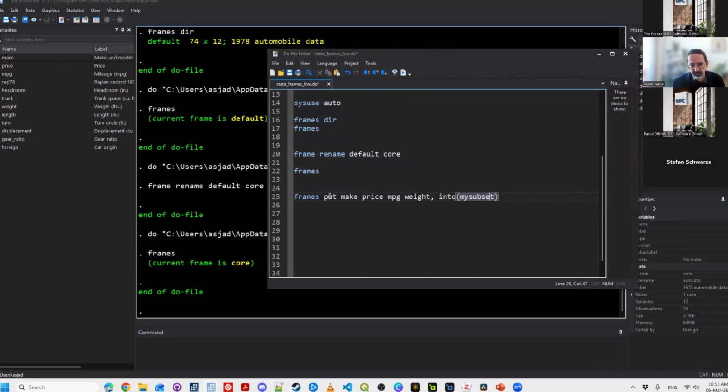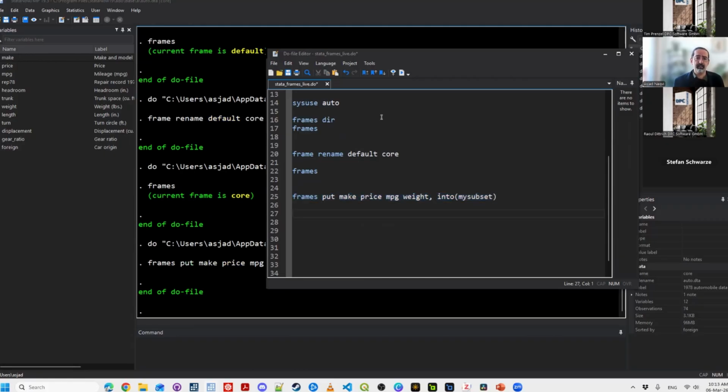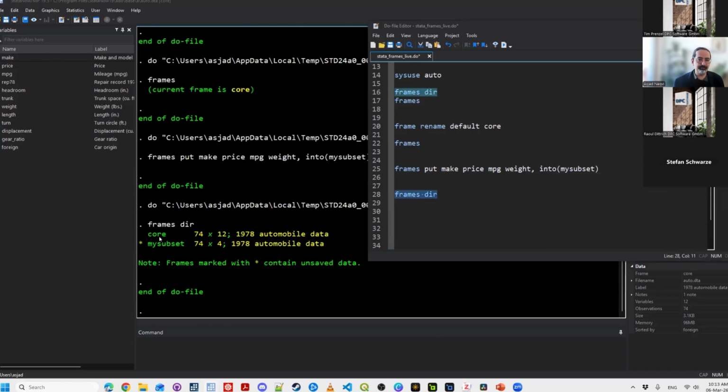So what we are saying is that frames put these variables into a new frame called my subset. If you run this, Stata does not tell you anything, it just executes the command. But again, if you type frames directory, you will see that you have your core data set and you have your my subset data set. So basically what you've done is you've created another data instance,